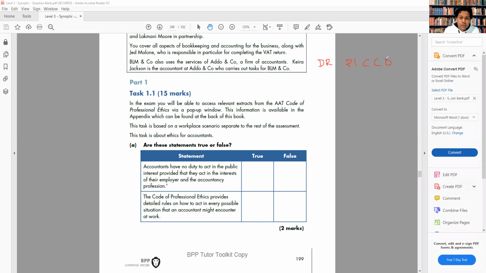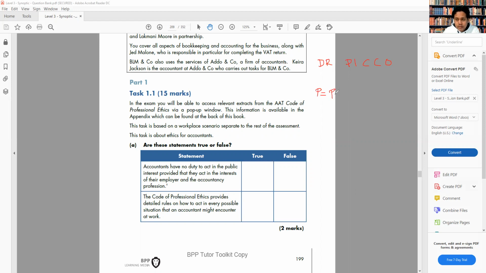Dr. Pico will help you to remember the fundamental ethics. So let's have a look. How can Dr. Pico help us to remember the fundamental ethics principles? So we can see the P is for